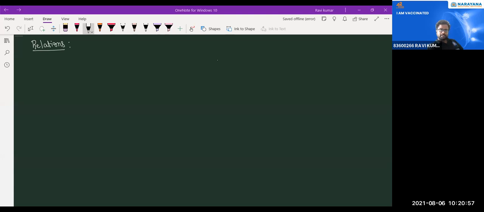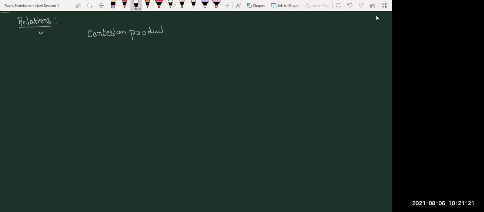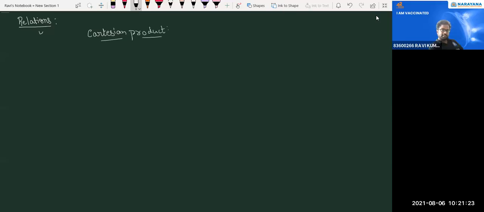Okay, so many are not there, which means we will discuss the complete depth of this concept. What is the meaning of relation? How are we going to define a relation? Before we start the relation, let me explain the Cartesian product. Before we start that relation, we have to know about the Cartesian product. It is a simple and easy concept. What's the meaning of Cartesian product?